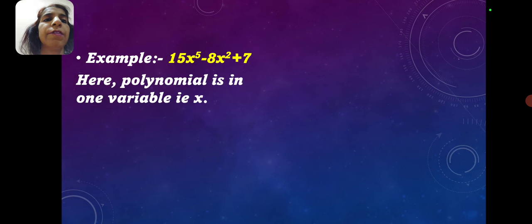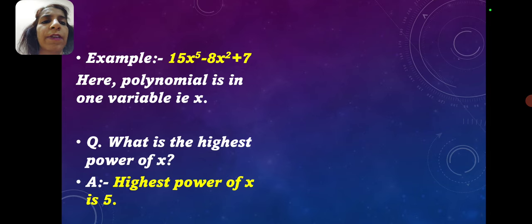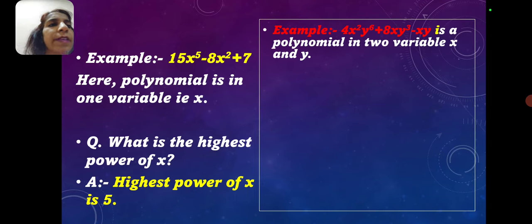Example, 15x raised to 5 minus 8x square plus 7. So here the polynomial is in one variable, that is x. So what is the highest power of x? Highest power of x is nothing but 5, okay. Next example,